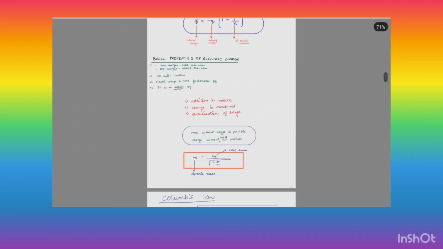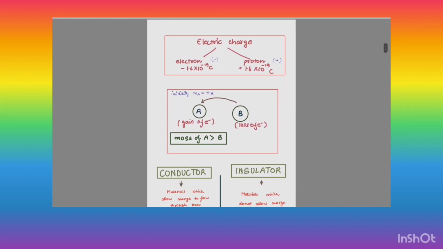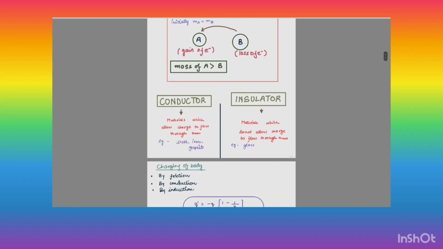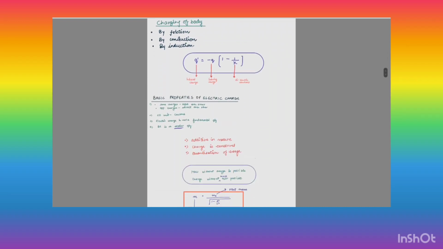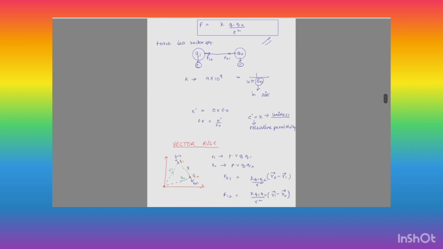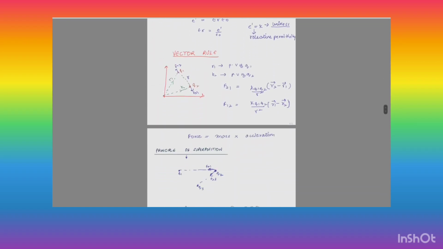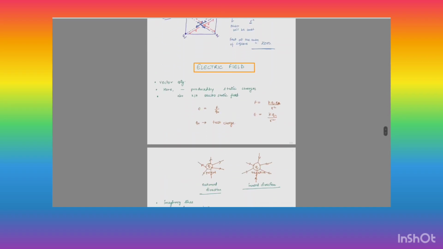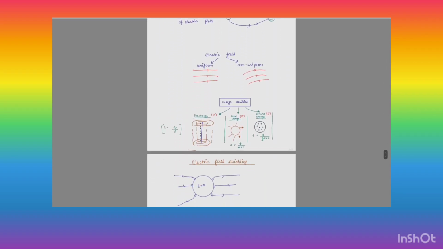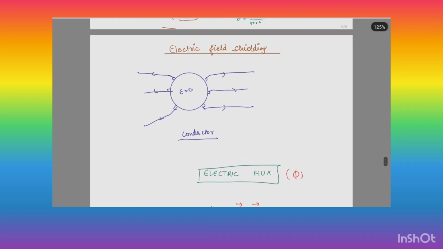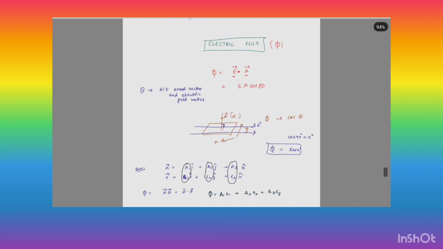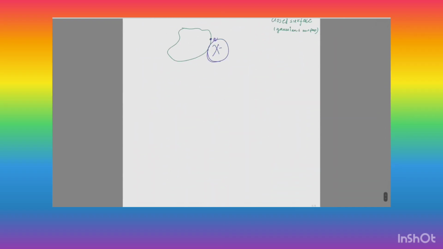So, what we have studied till now: we have seen electric charge, how electric charge is produced, the difference between the conductor and insulator, charging of body, basic properties of electric charge, Coulomb's law, rule of Coulomb's law, principle of superposition, electric field, uniform and non-uniform electric field, charge densities, electrostatic shielding effect, electric flux, dot product, Gauss law. And now next we come to the next part of this chapter, that is